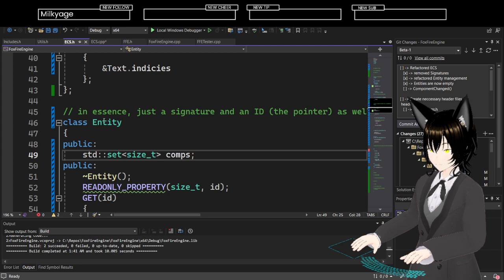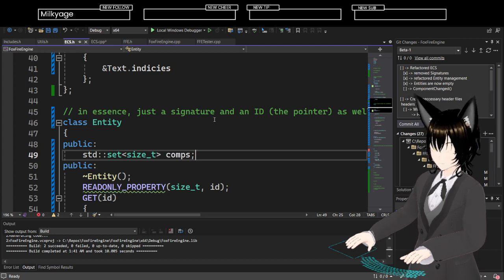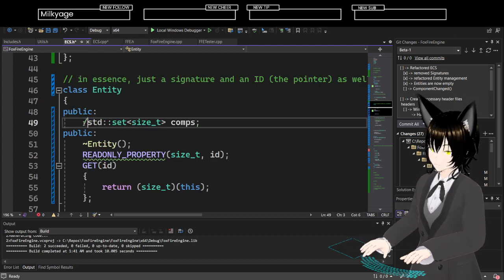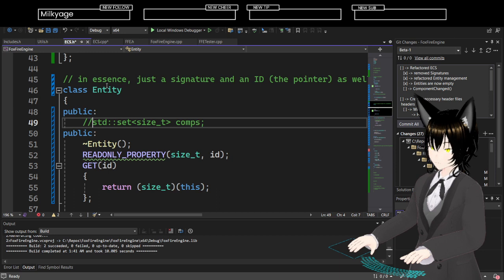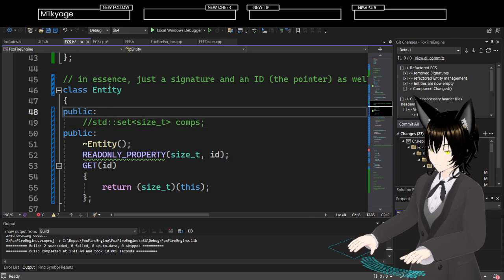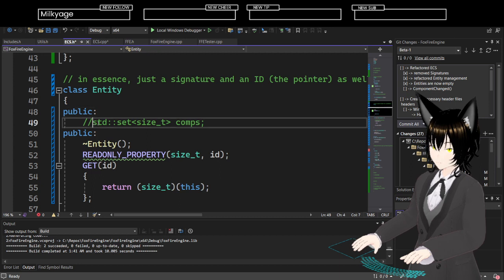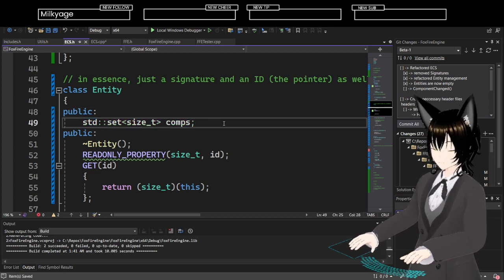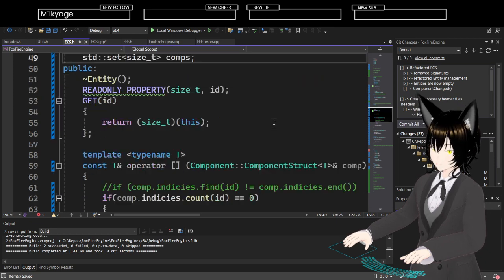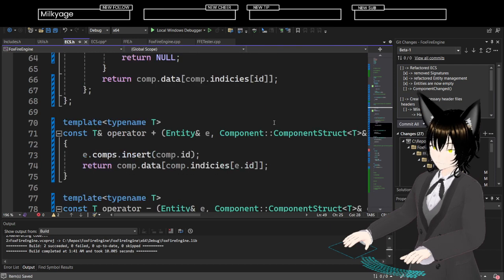The size is 24 bytes. Before, without this, it was 8 bytes. And all entities will be 1 byte. As components grow, this entity will also grow in size. So that's its memory footprint.